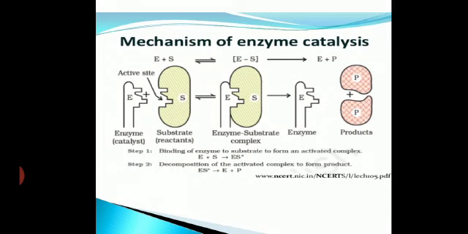Got it? So here one process I need to tell you, that is the Fischer-Tropsch process. In that process, hydrocarbons are produced from carbon monoxide and hydrogen using iron or cobalt as a catalyst. Like I can give you an example, CO plus 2H2 in presence of copper, zinc oxide and chromic oxide, which act as a catalyst, to give methyl alcohol, which is nothing but a hydrocarbon.